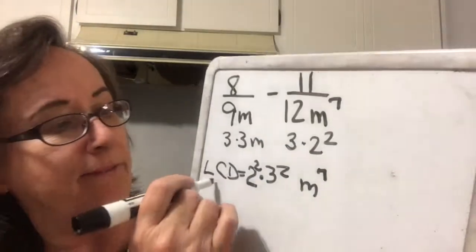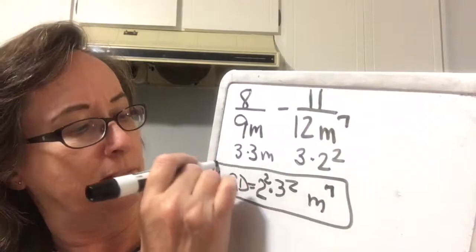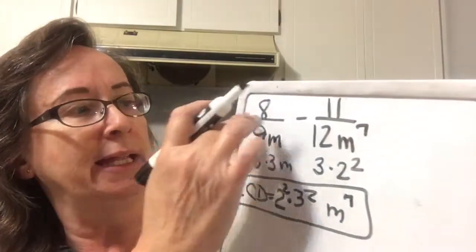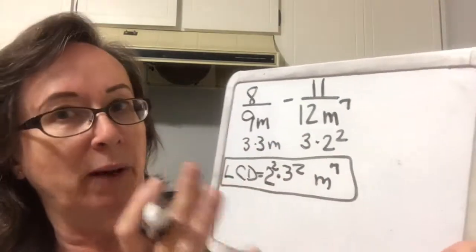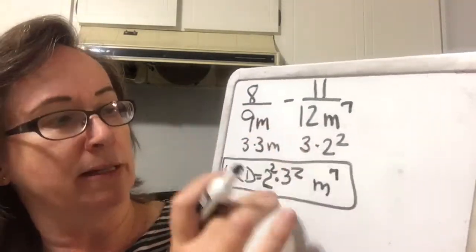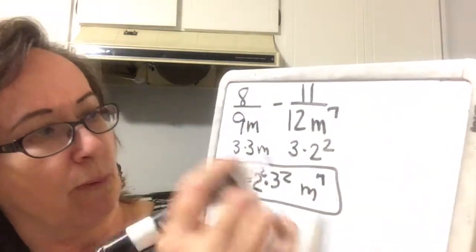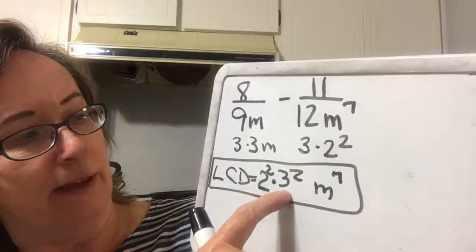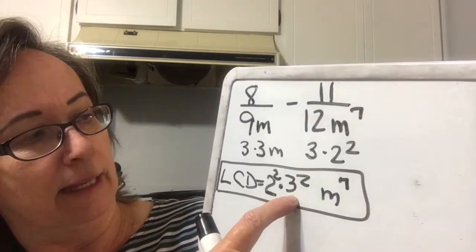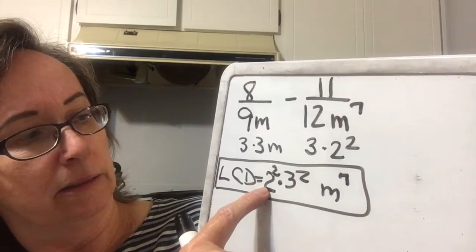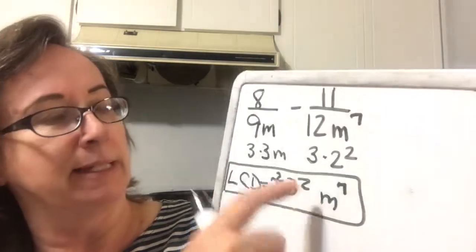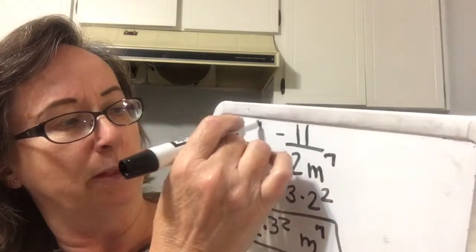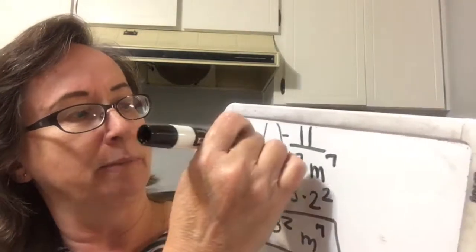And so now that I've figured out my least common denominator, I'm going to have to multiply each one of these by whatever's missing to get them in the right form. So on this one, between these old factors and these new factors, I am missing a 4, and I am missing m to the 6. So I'm going to just squeeze this minus sign a little bit and multiply by 4m to the 6th